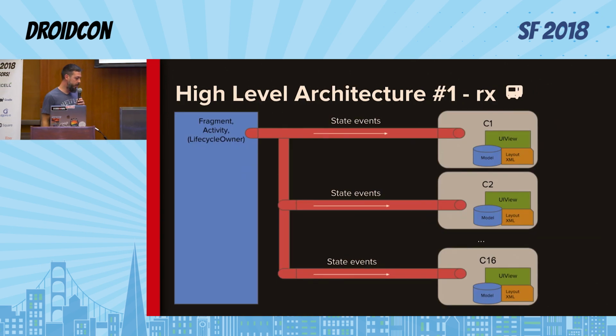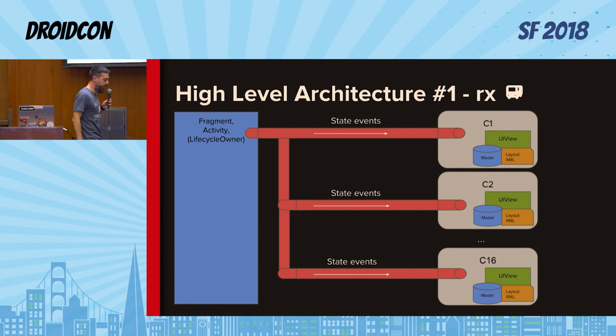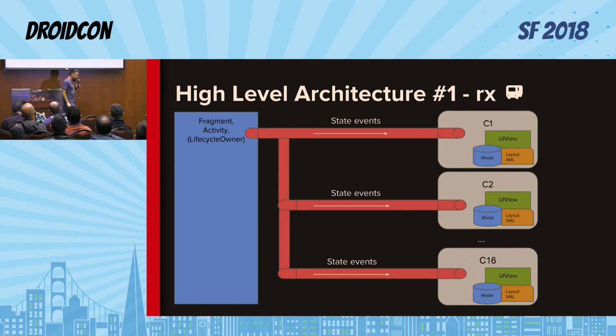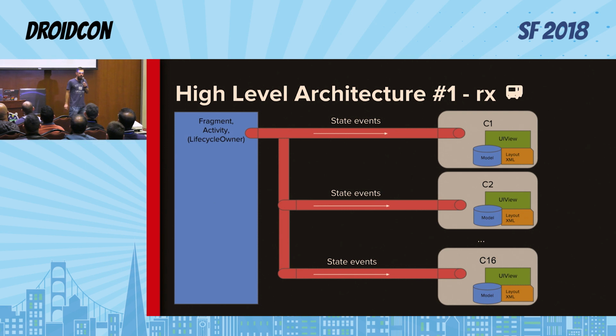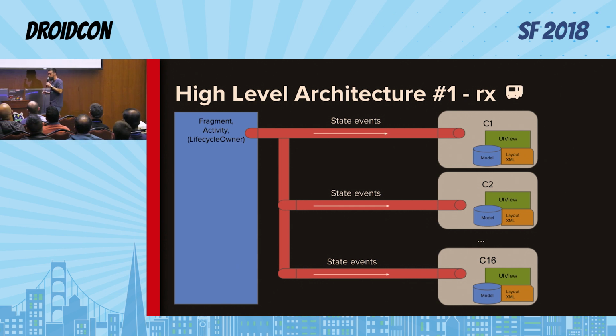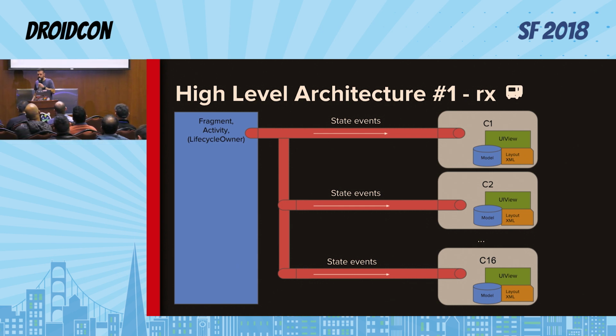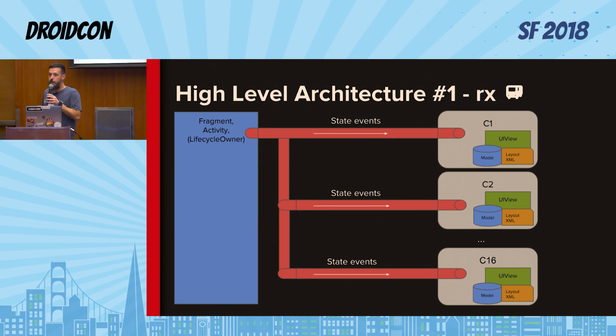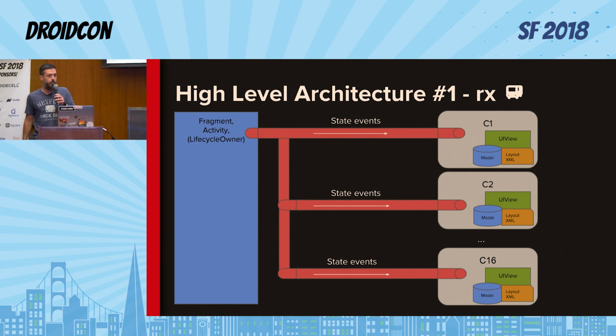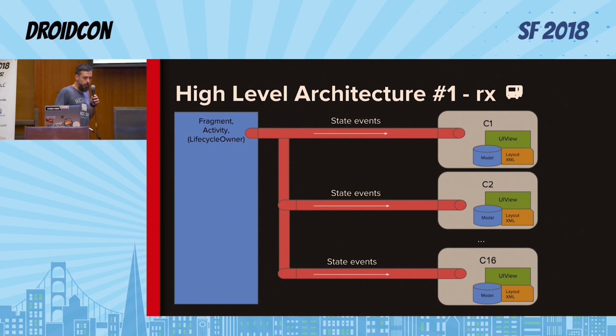Now let me talk about the high-level architecture a little bit. So on Netflix, we are using 100% Kotlin in our consumer application. Everything new that we write is Kotlin, and we use a lot of RxJava. So this architecture with the components, we decided to use an event bus pattern. And to implement the event bus, we are using Rx. You could do the same thing with any other event bus technology, but the way that it works for us